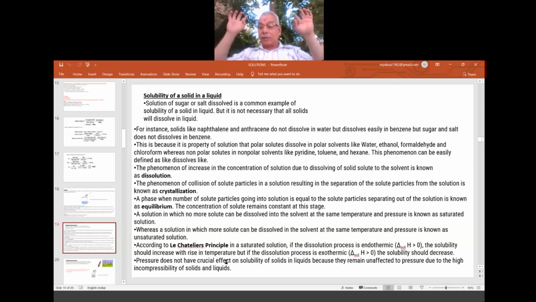If it is exothermic, it is the opposite. So depending upon the process, endo or exo, according to the balance, whatever disturbance happens, it will automatically set it right. Those are the three important points from this topic of discussion.